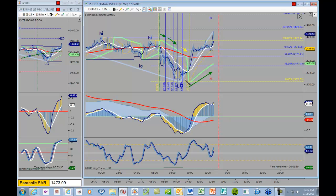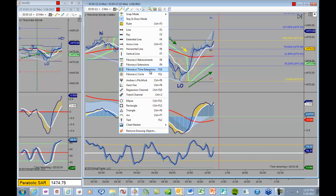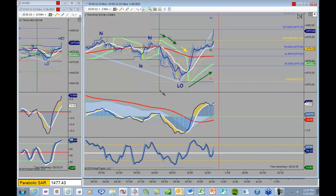And here's something else. We're basically looking at the day session, so it becomes kind of a finite unit, and if we draw the Fibonacci time ratios across from the beginning to the end, notice that our low falls almost exactly on the 38.2. Now here at one point we had a spike right at the 78.6. Then it pulled back and took off to the upside. So if this thing finishes high on the close, it'll actually be at the 100% level. So the fact that this was 38.2% into the day session, and that it's at the first support level,